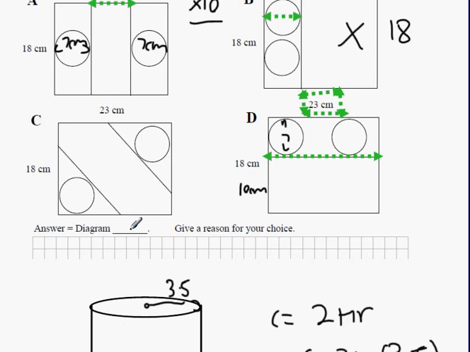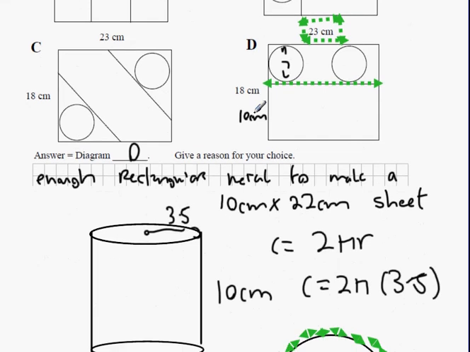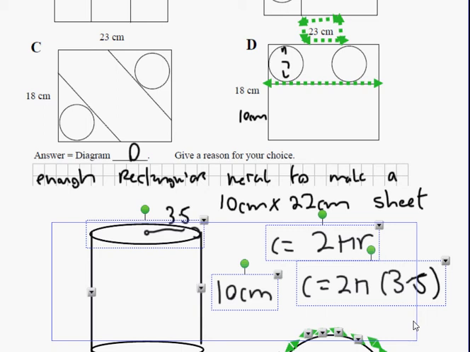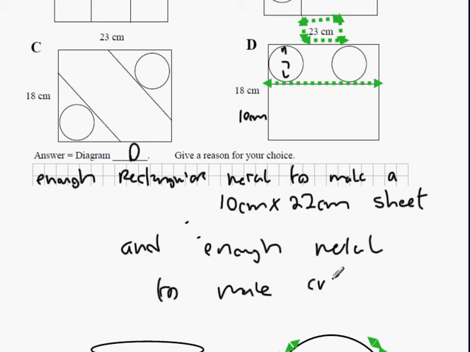So the answer is diagram D, enough rectangular metal to make a 10 by 22 centimeter sheet, and enough metal to make the circles the proper size. There we go. That was 3C and